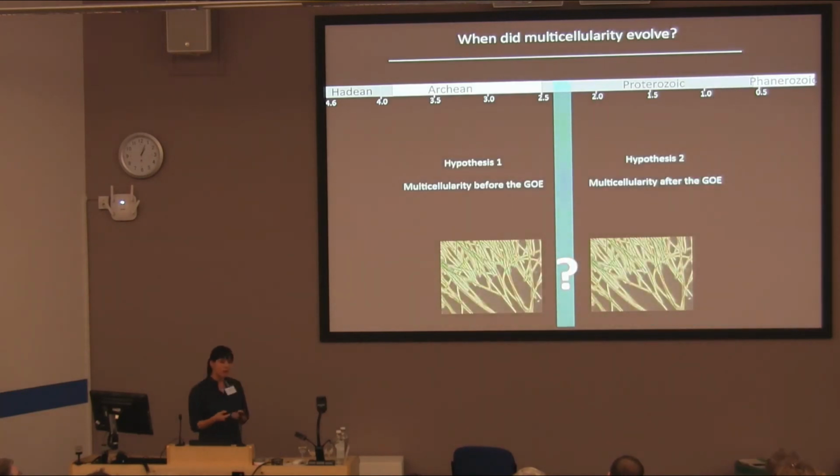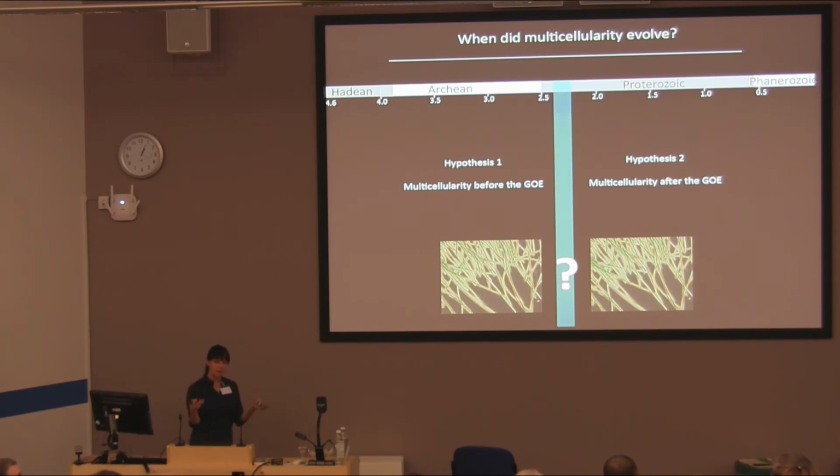The question would be, we know cyanobacteria have been around at the Great Oxidation Event. We do see in the Gunflint very likely multicellular taxa. We do see a lot of other cyanobacterial multicellular taxa later on in the Proterozoic. So the question is, when did multicellularity evolve? Could it be related to the Great Oxidation Event? Could